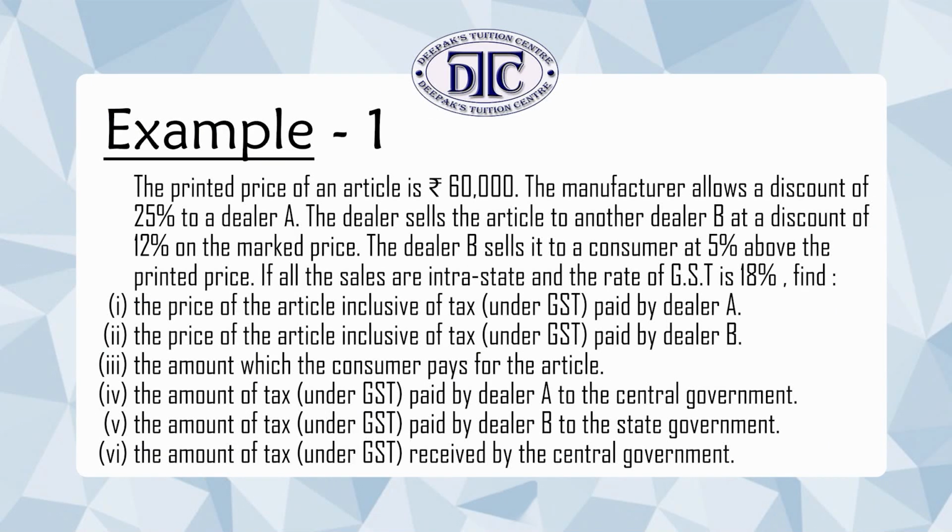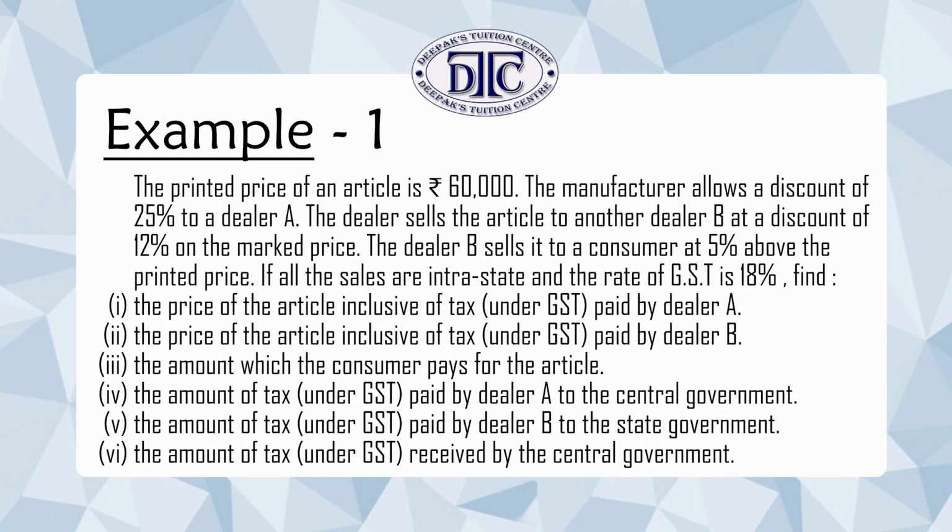The printed price of an article is rupees 60,000. The manufacturer allows a discount of 25% to a dealer A. The dealer sells the article to another dealer B at a discount of 12% on the mark price. The dealer B sells it to a consumer at 5% above the printed price. If all the sales are intrastate and the rate of GST is 18%, find: